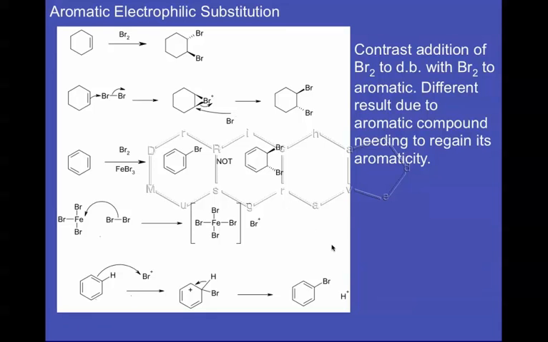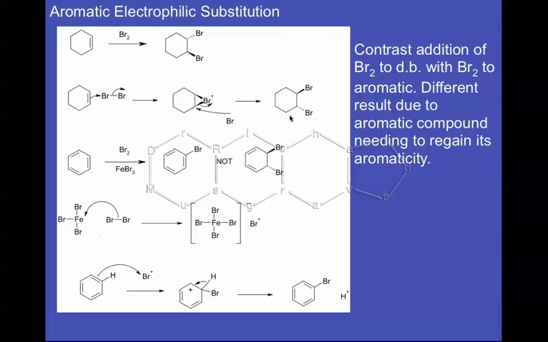Alright, well, let's talk about how bromine adds to an aromatic ring in contrast to how it adds to cyclohexene. So cyclohexene just has the one double bond in the ring, and we know that when bromine gets added to the cyclohexene ring, it adds in a trans fashion, and we get two bromines attached to the ring, one sticking up and one sticking down. So what happens is the Br adds to the ring, we get this bromonium ion where the bromine is actually sticking up above the ring, the Br negative comes in from underneath, and we end up with this trans orientation